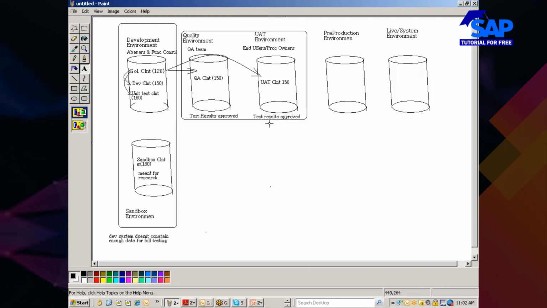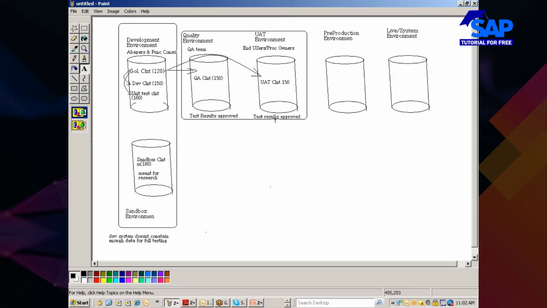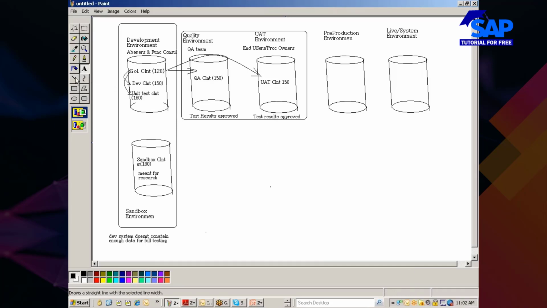Once the test results are approved by a UAT team, that is the person from whom you have taken requirements, we will take this as confirmation that the solution that you are building is ready for deployment to the live system, is ready for acceptance by the end user community. So once this is done, once again a transport will be imported back to the